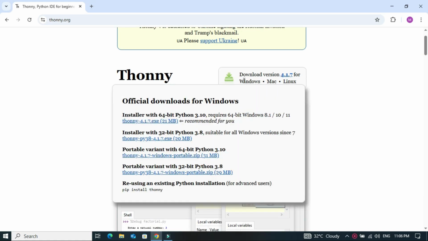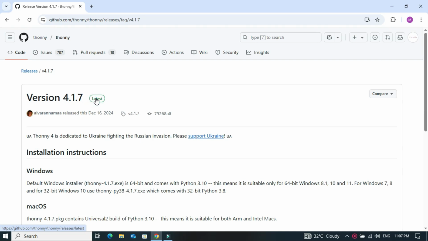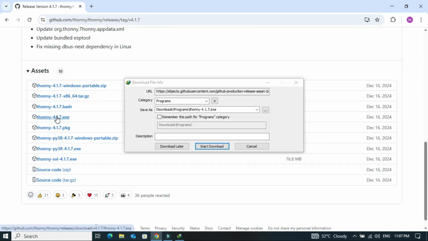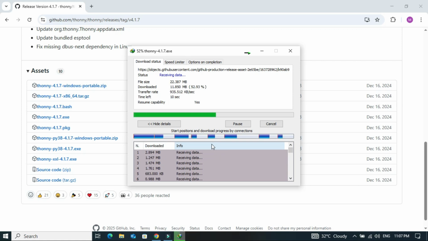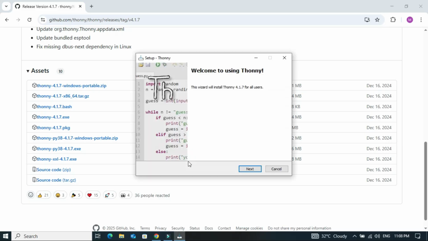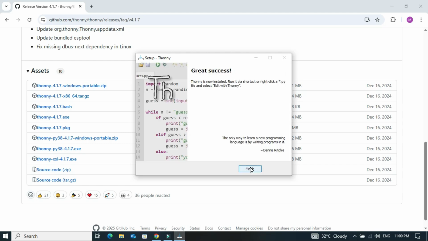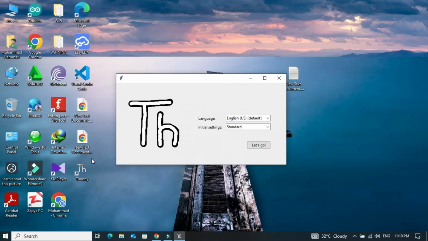I have provided the download link in the description. After installing, open Thonny.